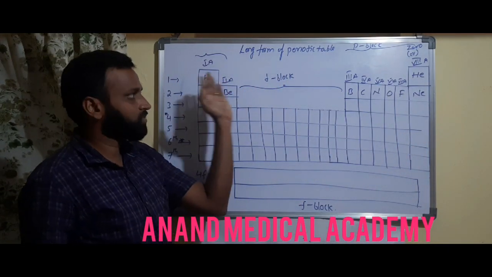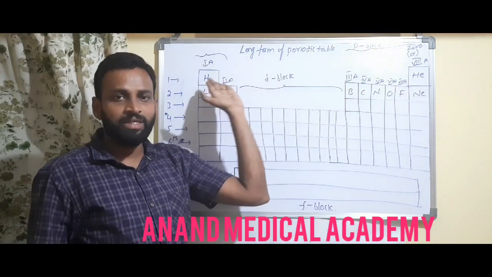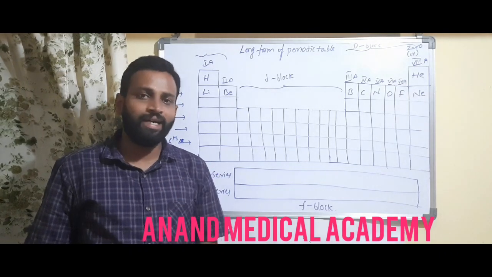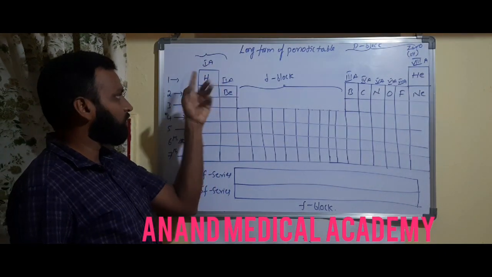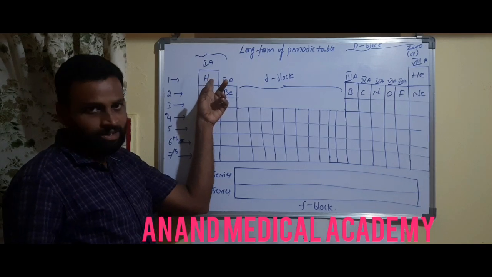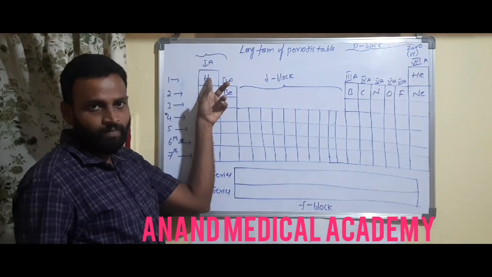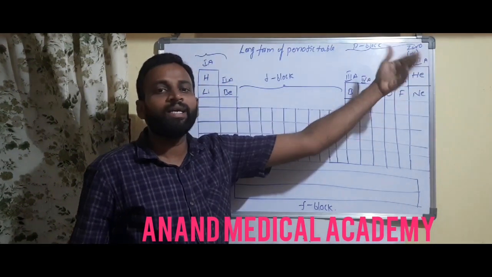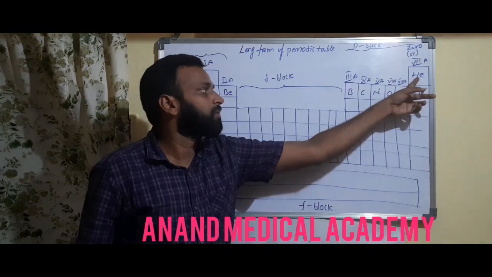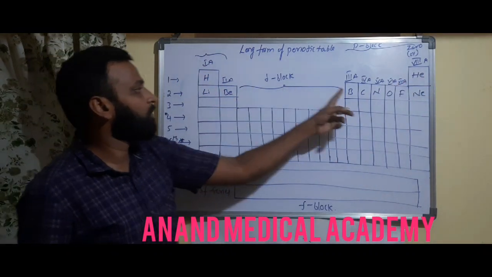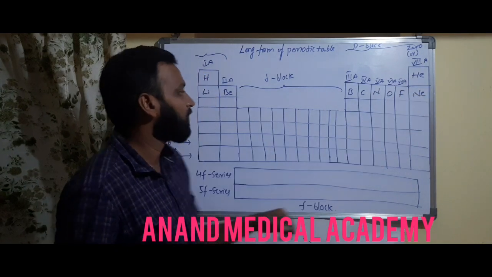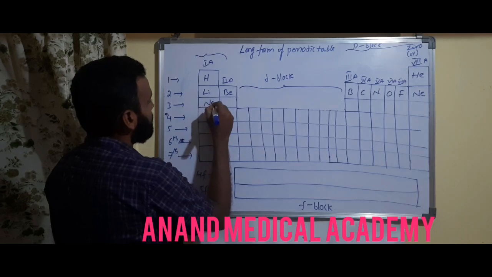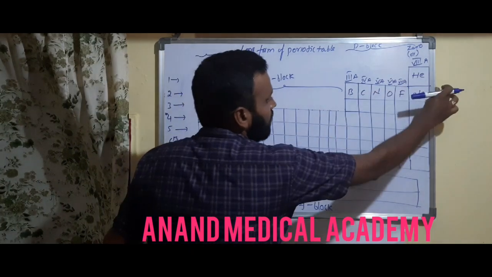So 1S1 came here. Electrons are filling in various subshells in the increasing order of their energy according to the Aufbau principle, or the Aufbau diagram I told you. So 1S1 must fill here. 1S1 means hydrogen, so hydrogen was classified here. Understanding? Hydrogen filled here and helium filled here. Why? 1S2 is the configuration of helium. Like that lithium, beryllium, boron, carbon, nitrogen, oxygen, fluorine, neon. And then next after neon is sodium, because 2P6 was filled, you cannot write sodium here.